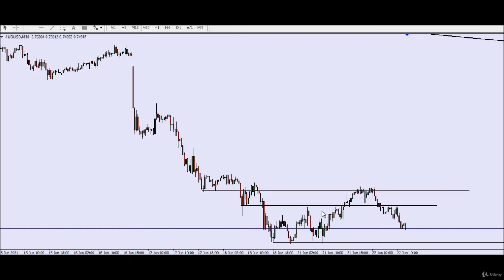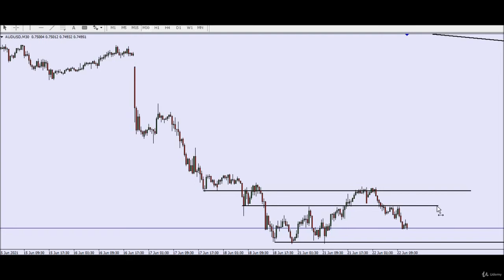So as you can see here, a test of the support, break, now it was resistance, again break, now another test. It was changing from support to resistance, and now it's resistance, but it's very much tested, so